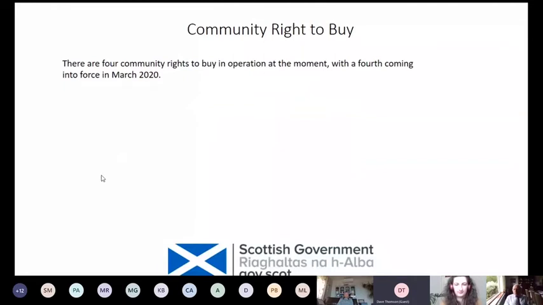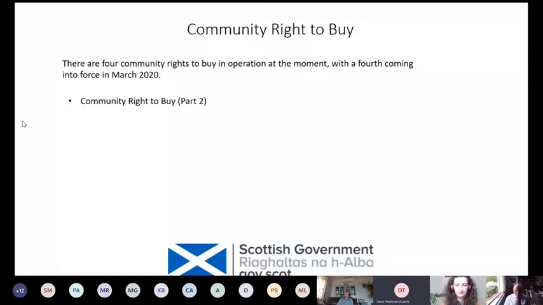The final one came into force in March of this year. That's basically the community right to buy, which we refer to as Part 2. We often refer to the parts number because it's a lot easier to say and a lot shorter. The community right to buy came in